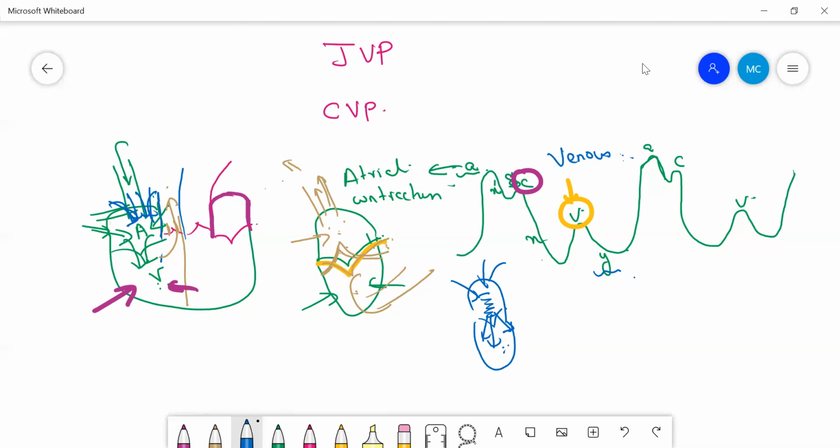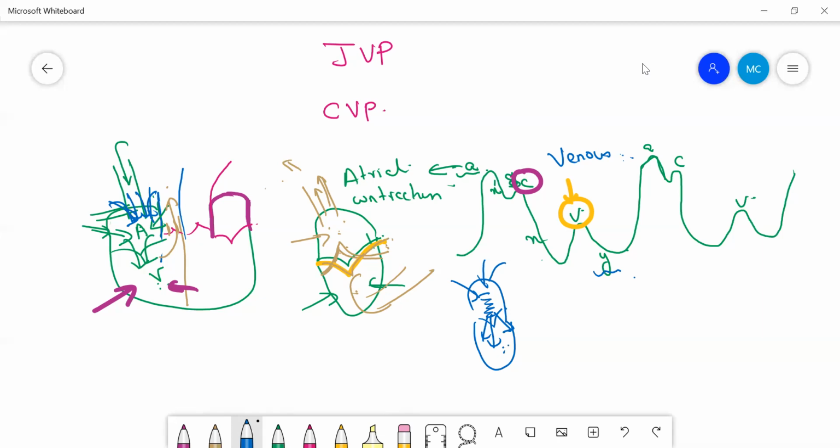Right? So I shall repeat it once again. A is mainly for the atrial contraction. The three positive waves, let us see it first. A is because of right atrial contraction. C is because of right ventricular contraction. Okay. And what about this V wave? This V wave is mainly because of the venous filling of the right atrium with blood. The filling of the right atrium with blood is responsible for the V wave. Okay, X wave is mainly because of the atrial relaxation which is taking place, and Y wave is because of the rapid flow of blood from the right atrium to the right ventricle.